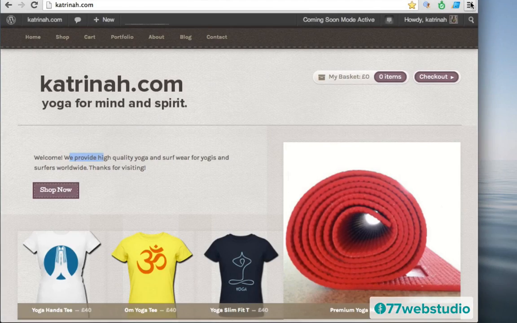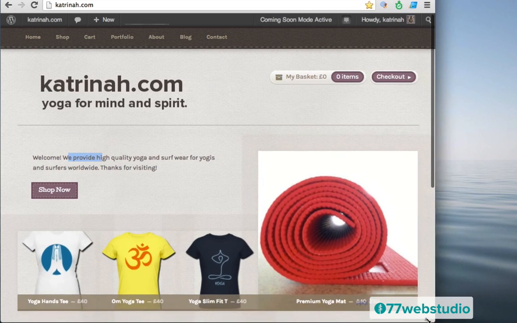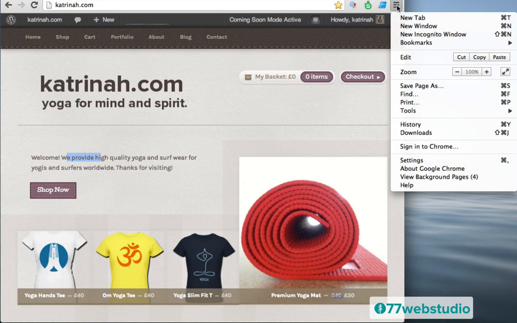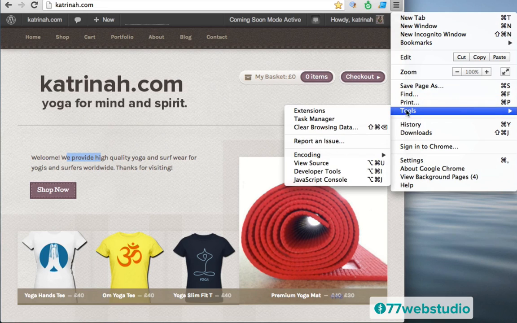And when I go up to the right-hand side within Google Chrome, there are these 3 lines right here. And when I hover over them, it says Customize and Control Google Chrome. So I'm actually going to reduce the size of this window so you can see this a little bit better. So these are the 3 lines I'm referring to. When I click on these 3 lines, then I get a drop-down box. And when I scroll down to Tools and I hover over Tools, I get another drop-down box. And then here you see there's something that says Developer Tools. So I am going to click on Developer Tools right here.